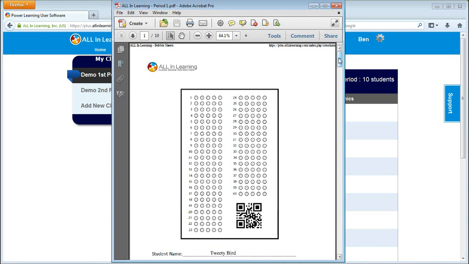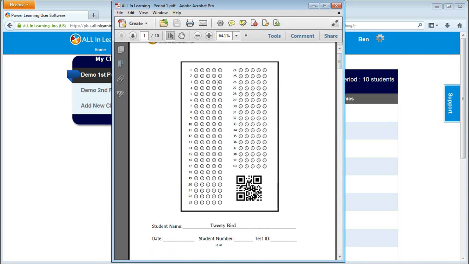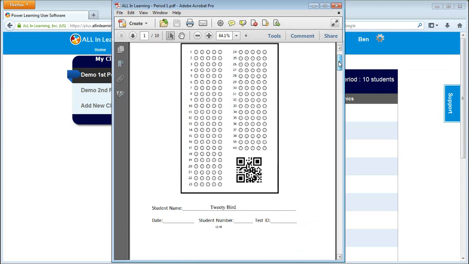And if we look at this, we are seeing the bubble sheet and the QR code that's right here on the bottom right. That QR code is what the camera sees and reads. It is a globally unique identifier within our system, so it has no relation to their actual student ID or their name. So if your kids have a QR code reader, there's no information being given away there. But this does allow for when you scan that the student's grade, Tweety Birds, would get automatically assigned to the correct student. So that's one less step in the process that you would have to manage, and you could print